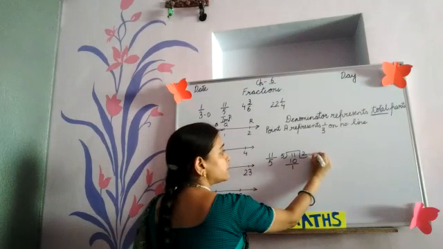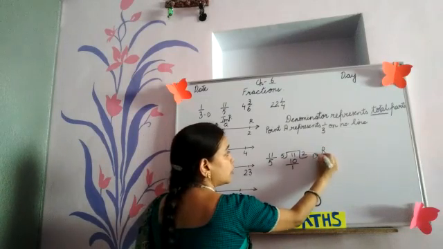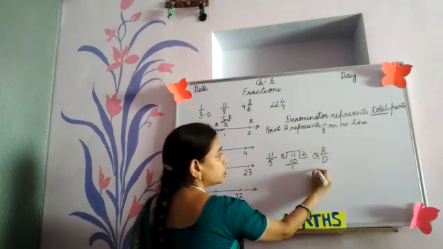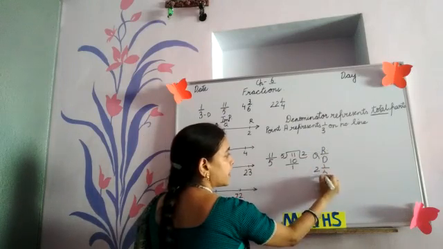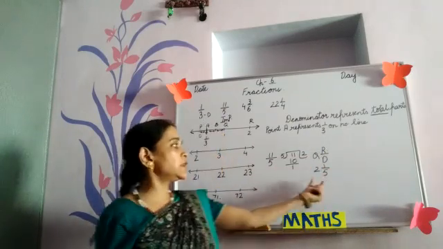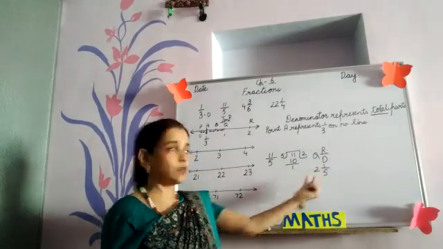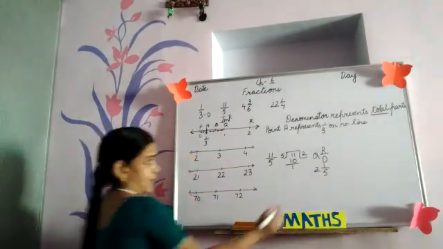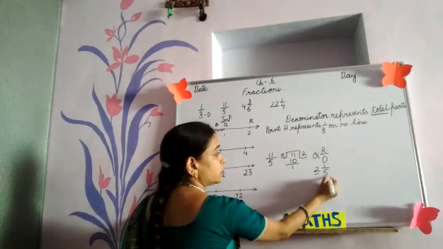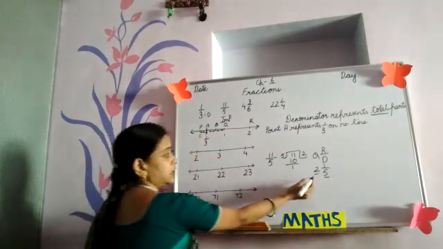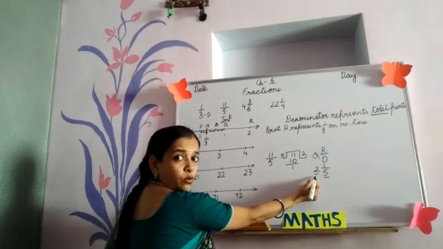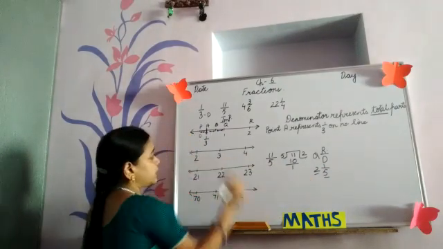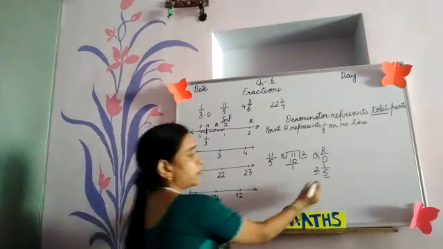We can write mixed fraction in the form of Q R upon D. Here Q is 2, R is 1 and D is 5. So we have to represent 2 1/5 on number line. As a mixed fraction is having one whole number and a part, so this fraction can be represented between 2 and 3. There is written 2, so it can be represented between 2 and 3,